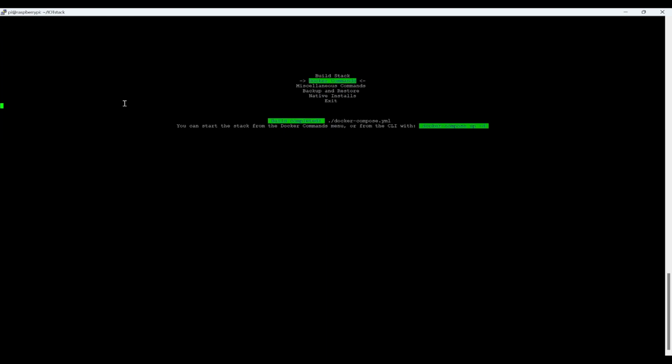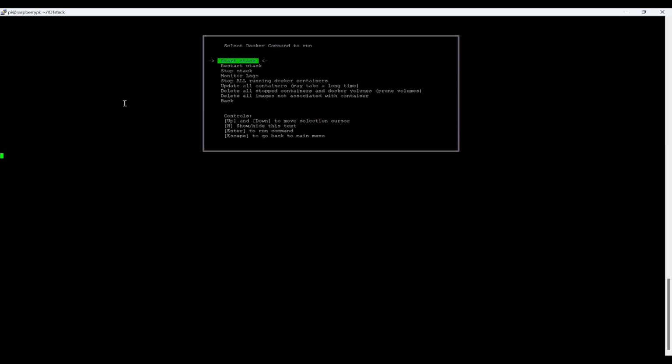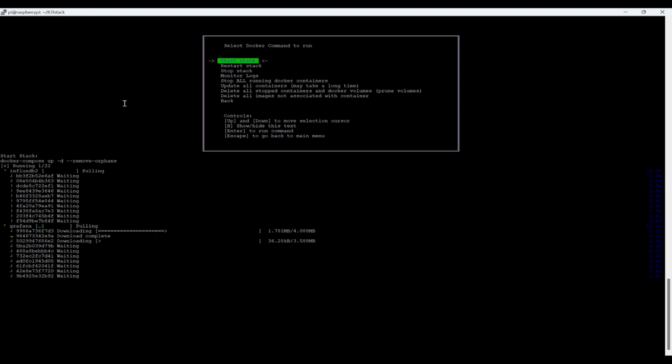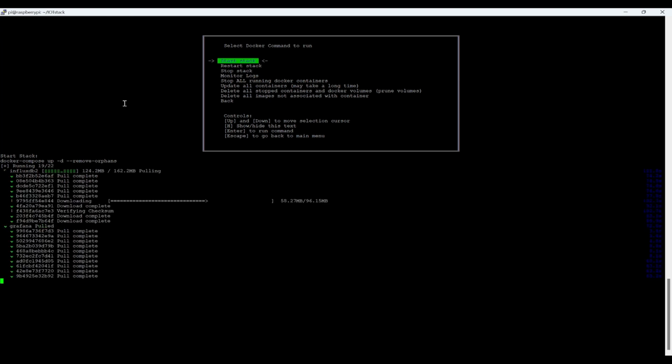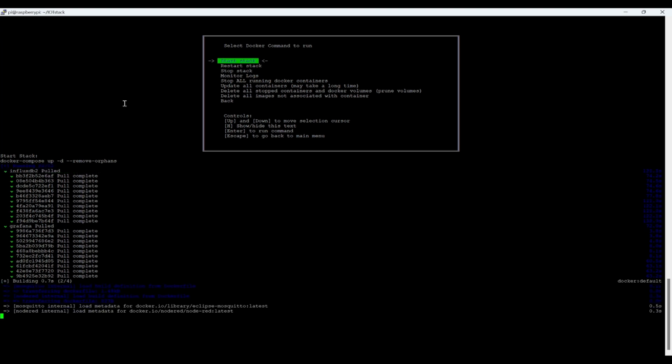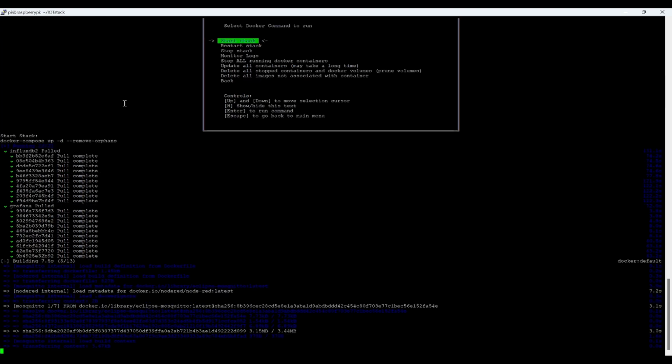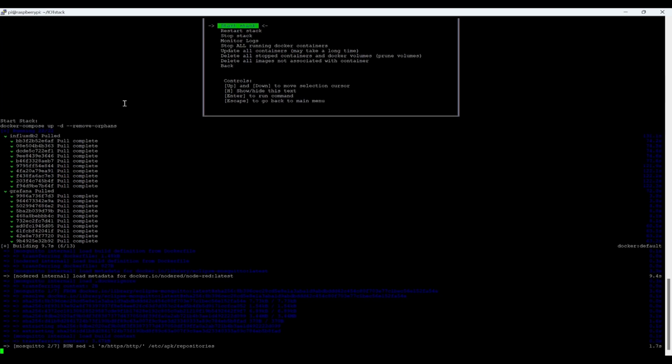Next are the Docker commands. You can use start stack. Here you can see it is trying to pull InfluxDB and Grafana. Next, it is trying to install Node-RED as well as Mosquitto.